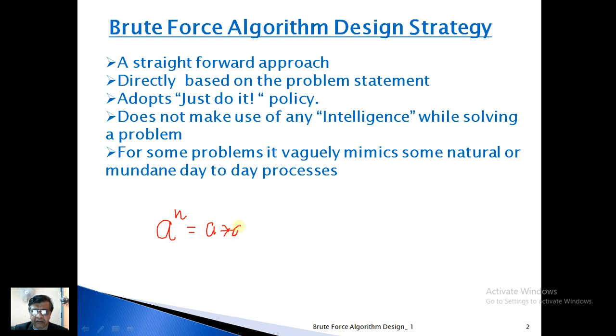However difficult it is, however laborious it is, however tedious it is, we go by the definition of the problem. N times a is multiplied in order to obtain a to the power of n. Therefore, this strategy will just go with a say that just do it. Some authors do refer to this particular strategy as the just do it policy. It does not make use of any intelligence while solving a problem. In fact, the meaning of brute is an unreasonable strength characterized by absence of intelligence. But anyway,